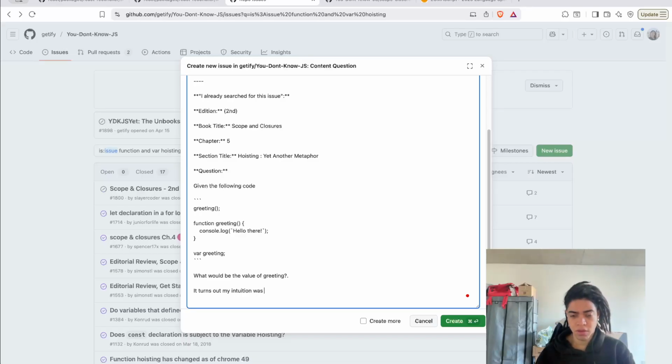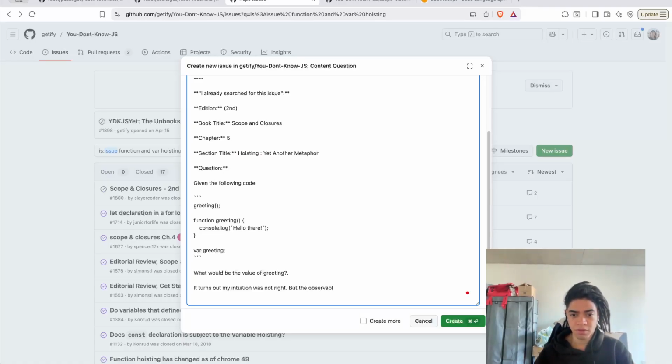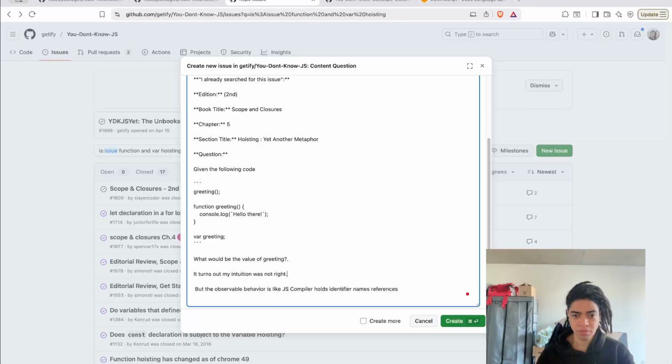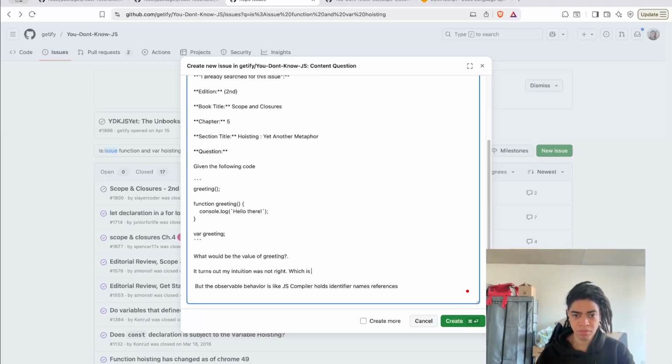My intuition was not right, but the observable behavior is like the JavaScript compiler holds reference identifier names, which is reading undefined.